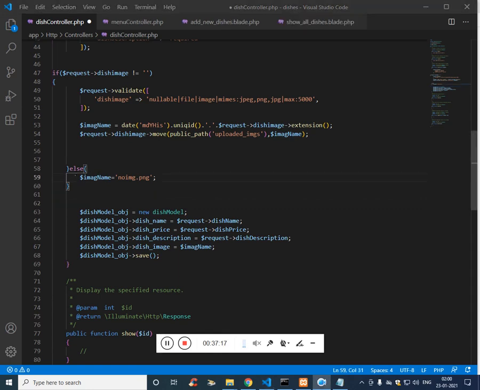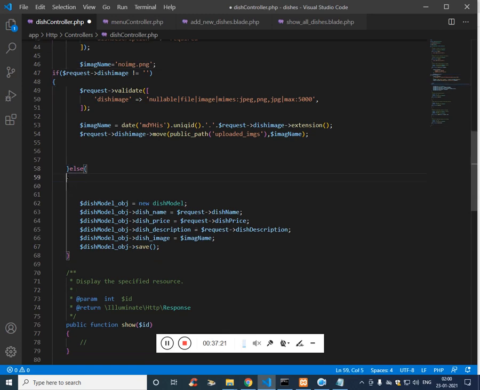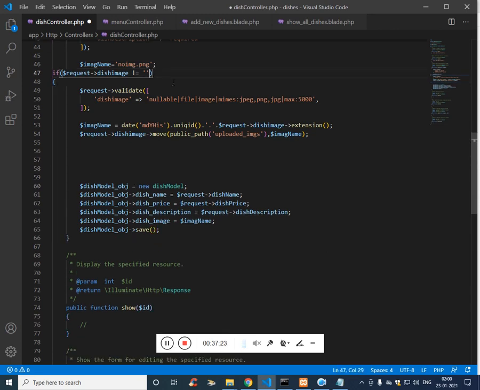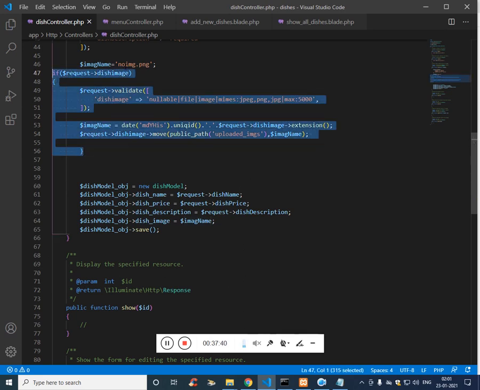So let's try it without else. The code is going to run from top to bottom. So let's try this. If it is there, then the image name will be changed. If this is blank, then the image name is going to be no image.